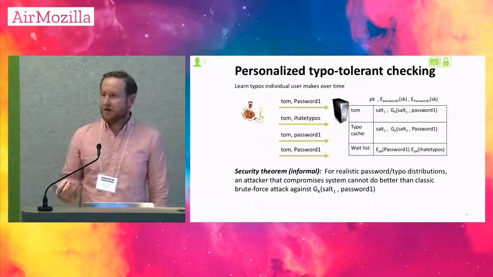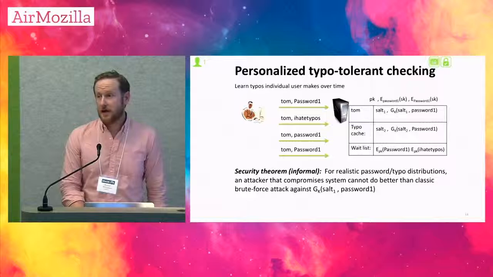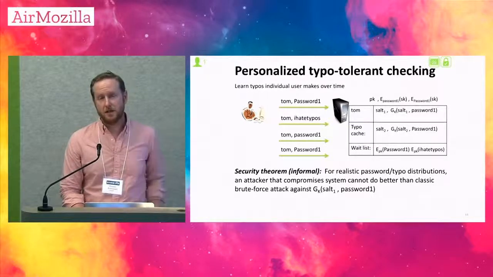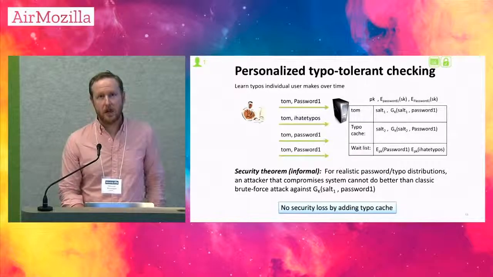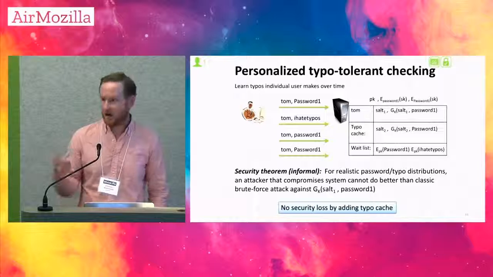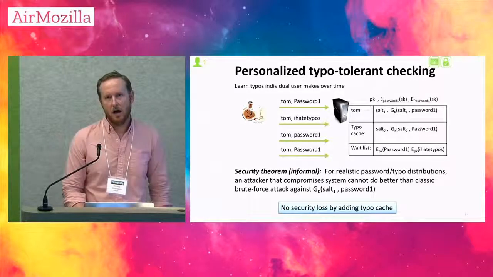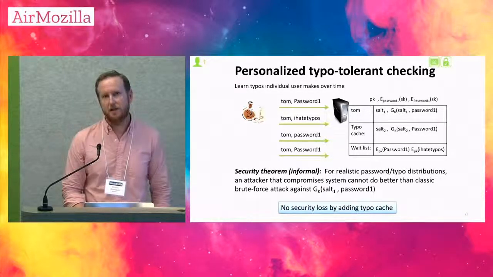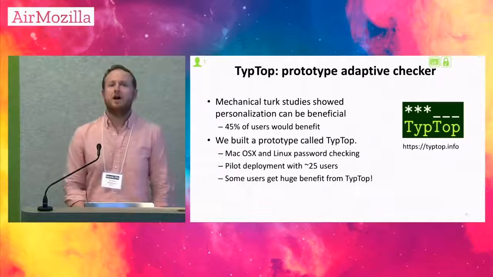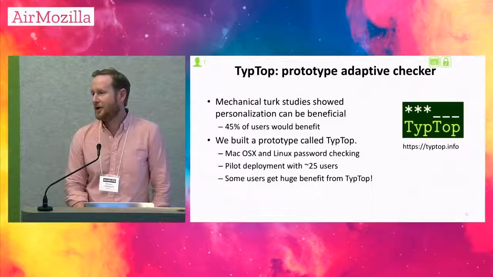Turns out this did fix my error. That was great. It also turns out to be secure. There's a bunch of theorems and statements in the paper. I'm just going to gloss over this. The high-level bit is that this doesn't actually degrade security, despite the fact that we've added some other values to the stored list. There's an open source implementation of this. It works. I'm using it on my laptop right now. I finally solved my problem,